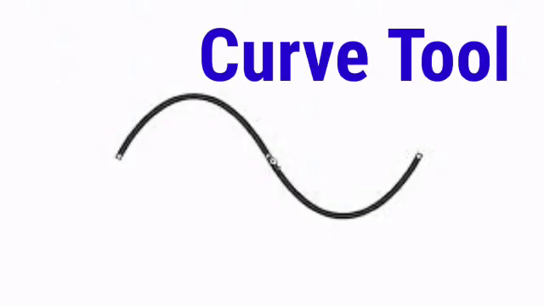Next is the curve tool. It is used to draw curved lines. Click on the curve tool in the shapes group. Move the mouse pointer to the drawing area. The mouse changes to a cross. Now draw a line by dragging the mouse pointer. Click where you want one arc of the curve to be. Okay, wherever you want the arc, wherever you want the curve, you just have to click over there, then the curve will appear.